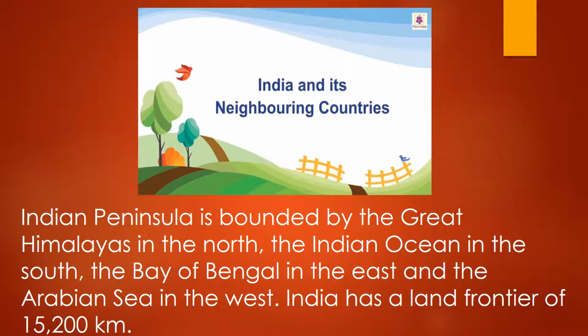Now, as you know, India is located in southern part of Asia. It is the second largest country in South Asia. It is in the northern hemisphere, in the eastern hemisphere of the world. India is the 7th largest country of the world as per area. And India has a very vast geographical area with land border of 15,200 kilometers and also a very lengthy coastline of 7,516 kilometers. Here we learn about different countries which share border with India.